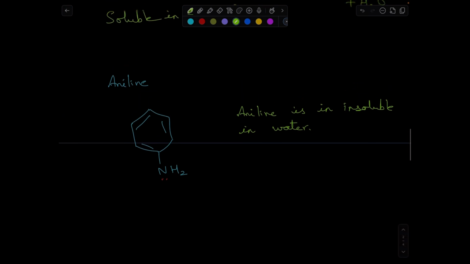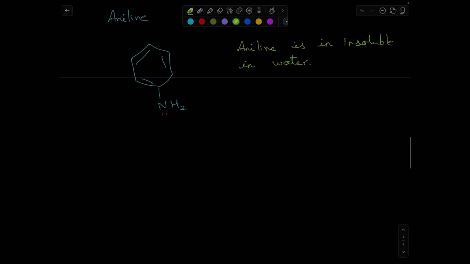Now let's look at aqueous HCl or 5% HCl. In 5% HCl, aniline is soluble because the amine is basic in nature,